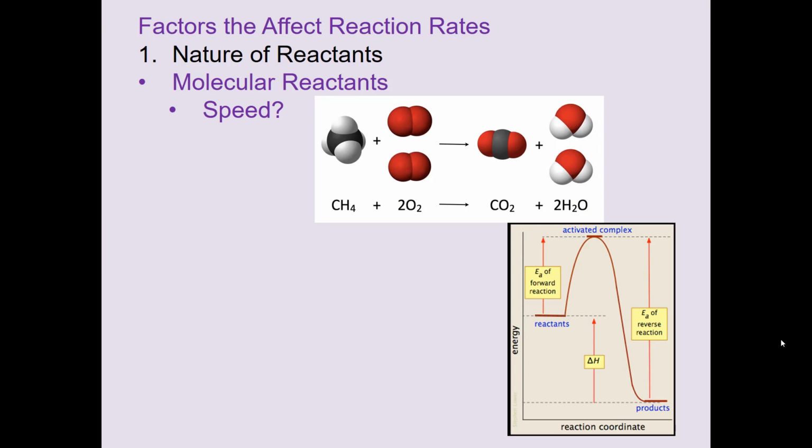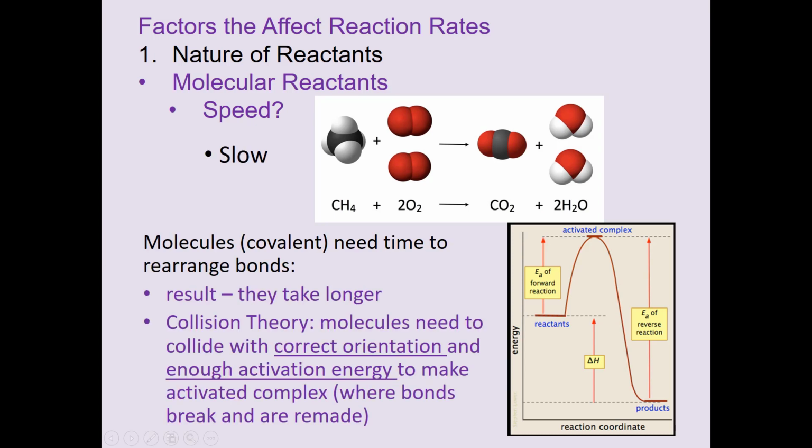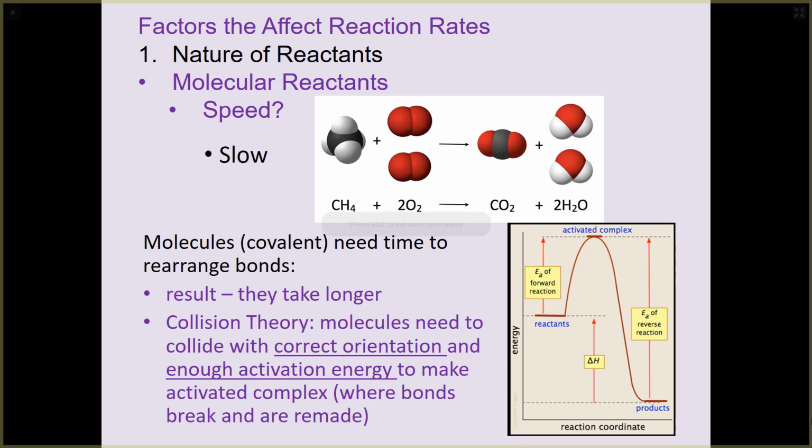Because we have to break bonds, the speed for these reactions as compared to ionic is slow. So these are a lot slower compared to ionic reactions. A couple of factors affect that. A lot of it is the very, very high activation energy required to start those bonds breaking and making that